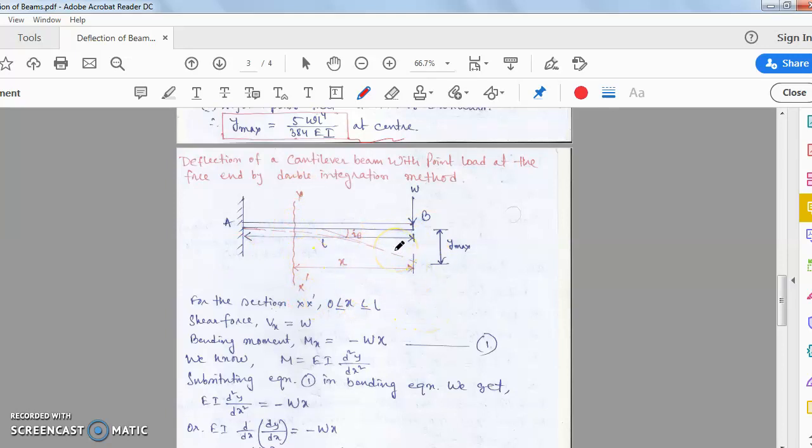Okay. So here in the figure, the maximum deflection occurs at the free end. So maximum deflection y max at the free end. So B point comes to B dash, like this is the point. This is the B dash point. So from B dash, if you draw a tangent, it will intersect the AB section at this point. So the tangent makes an angle iB with the AB. So iB is the slope.